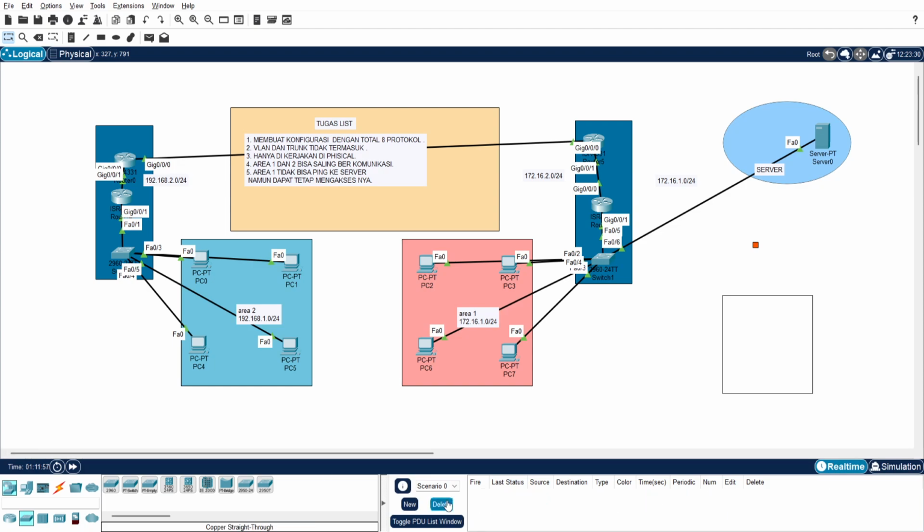In this task, I need to make a configuration with a total of 8 protocols, and those protocols don't include VLAN and trunk. And the third is only do it in physical, and the fourth is area 1 can ping area 2, and area 5 cannot ping the server but can still access it.